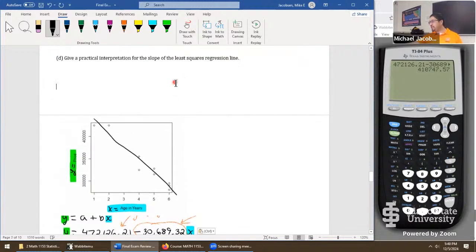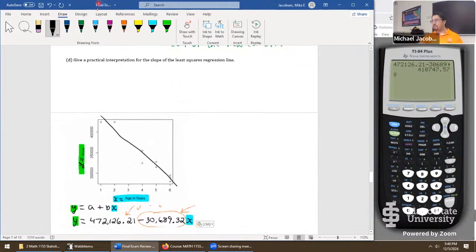Now at this stage, I think we can begin. So we can say, to start off, the slope is this part right here, B, whatever it was in the calculator, which is the negative 30,000 and some change. So B equals,